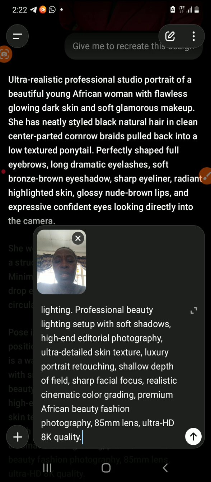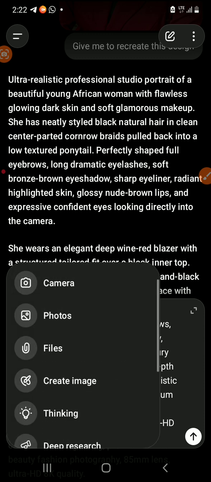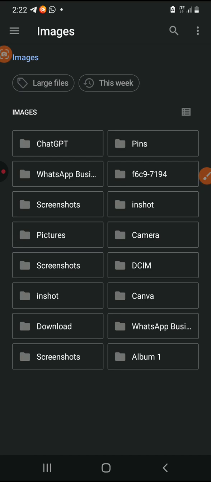In case you don't have any photograph in your gallery that you're going to use to recreate this, just click on camera and it will quickly give you a snap of your face. Now let's go to gallery. I'm going to pick the picture that I want to use from my gallery. So click on picture and click on